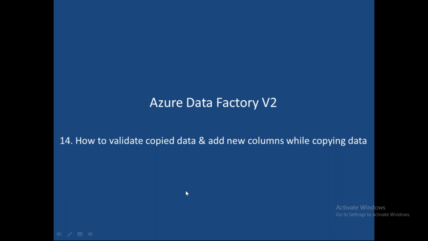We have another activity called the delete activity. I will use this delete activity to delete the files from the input container. Just imagine we have an input container and an output container. If you copy all the input files to the output container, I don't want to maintain two copies of the data. That's why I'm going to delete the files from the input container. That's what I'm going to do with respect to validating copied data. And once validation passes, we are going to delete the files from the input container. Next.